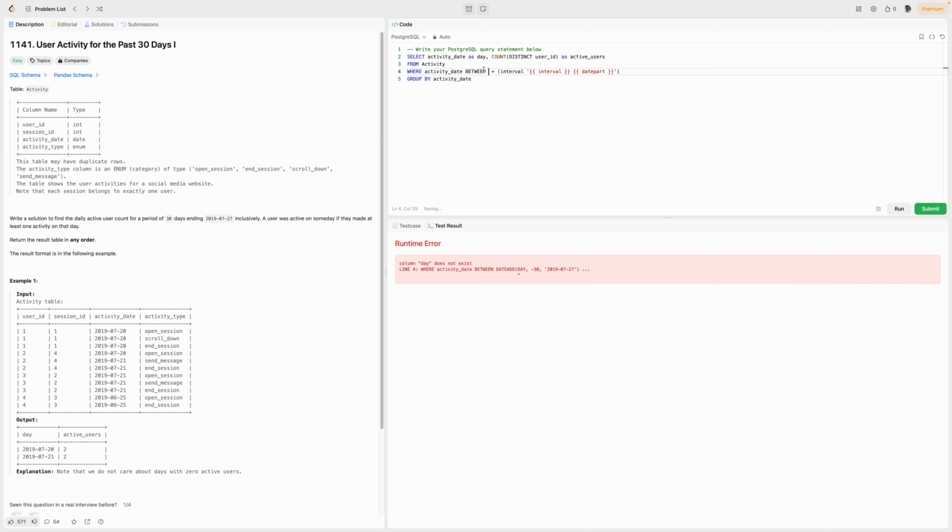From date, so that's going to be that day. And then plus interval is going to be 30 day. Interval is day. Date part, day. Interval and